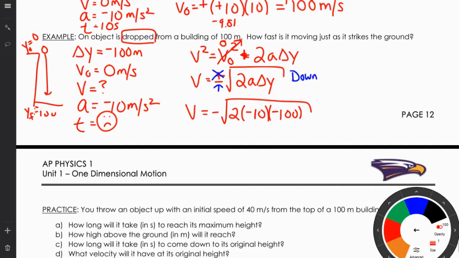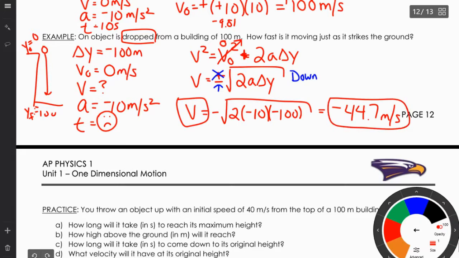And so if I do that, hold on, I'll grab my calculator. Okay, so we have the square root of 2 times 10 times 100, and it's going to give us a final velocity of negative 44.7 meters per second. So that's how fast it would be striking the ground. Sometimes students will want to say that this is just simply 0, but you can't say that because remember, we're talking about the instant just before